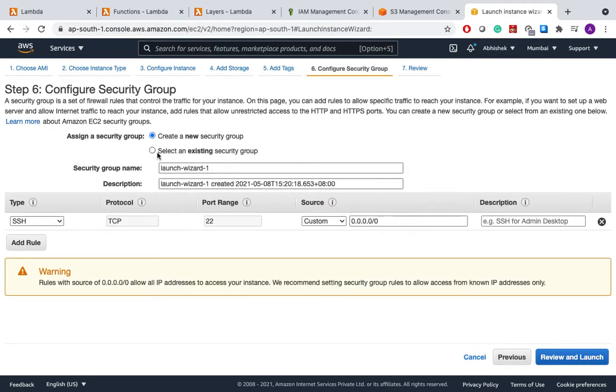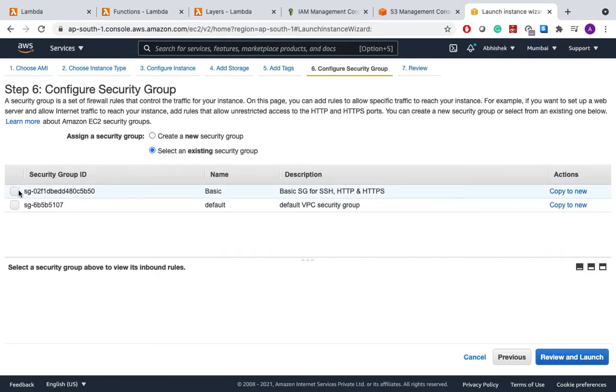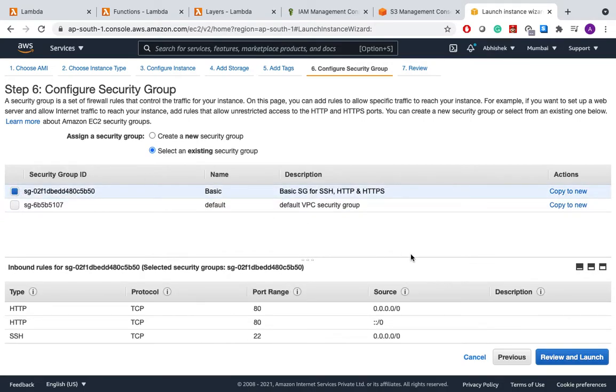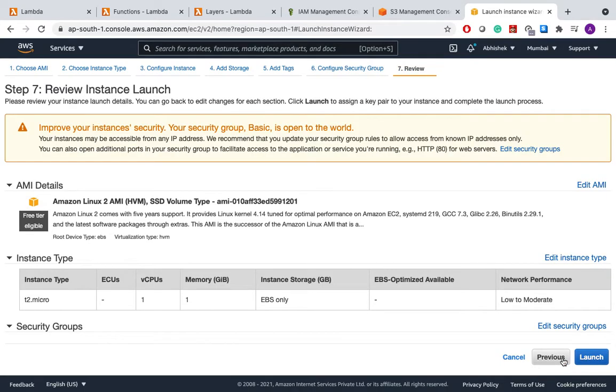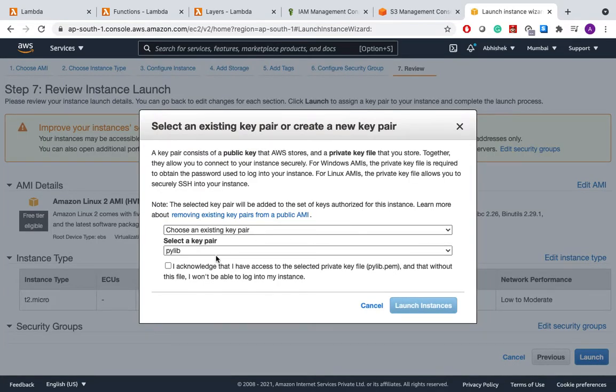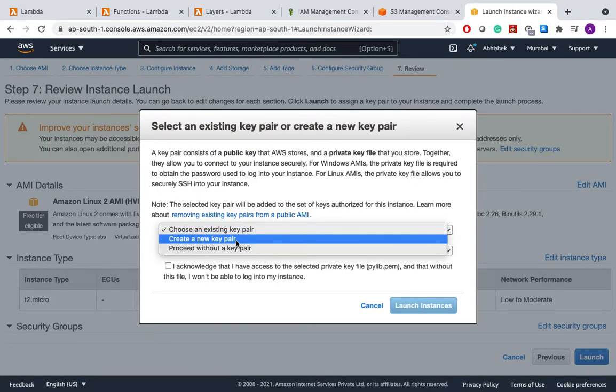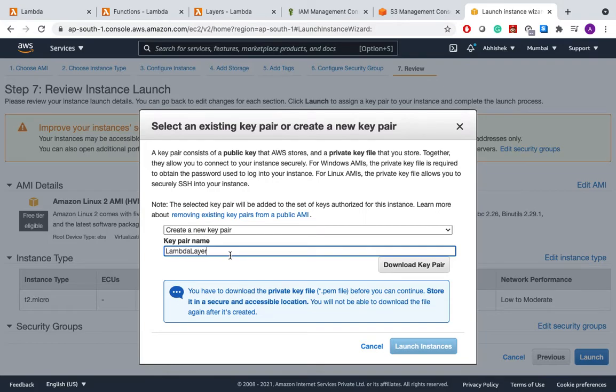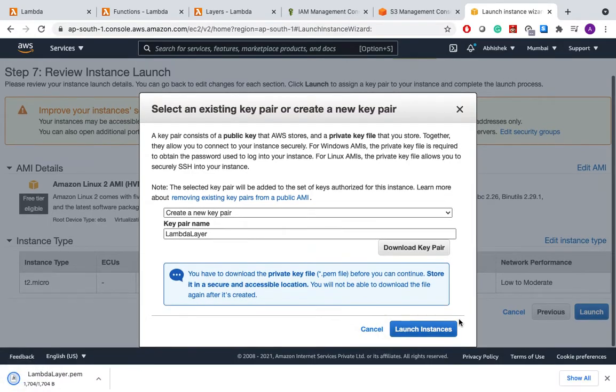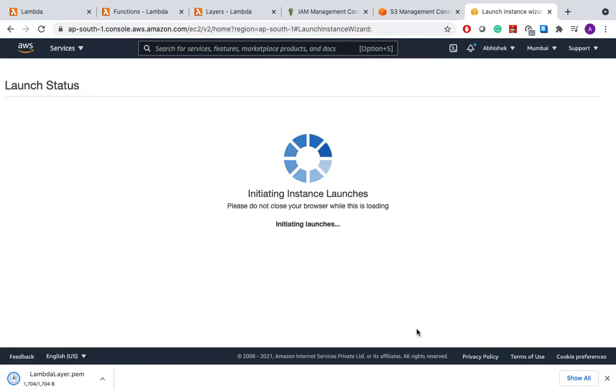Security group. We'll select the basic group where it has access for SSH, HTTP, and HTTPS, and we'll launch it. So here I'll select a new key pair, and I'll provide the name as Lambda layer. I'll launch the instance.